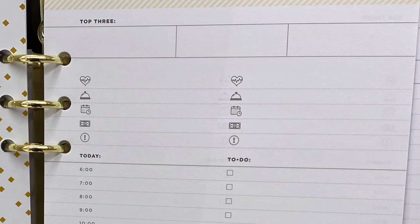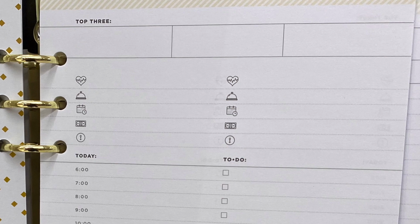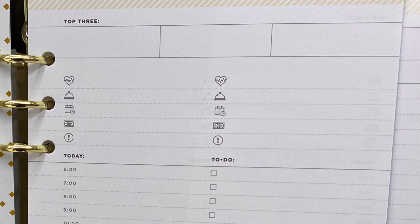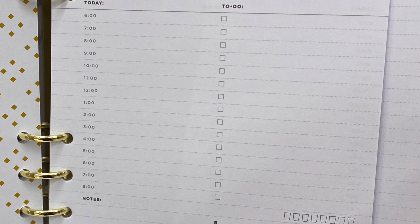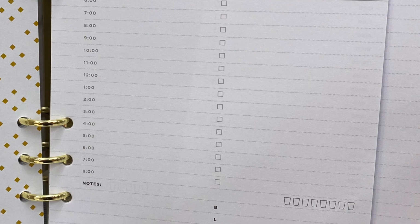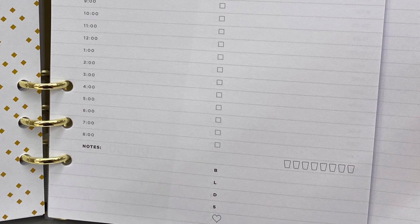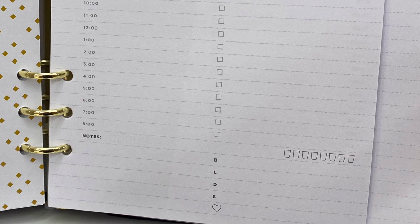And as you continue on, there are so many extras in here. So there's this notepad. It's a top 3 notepad, and it's almost like an insert in case you want to do something daily. So it starts at 6 a.m., runs to 8 p.m., and there's spots for notes, to-dos, breakfast, lunch, dinner, snacks. You can color in all 8 cups of your water, top 3, and then the top has